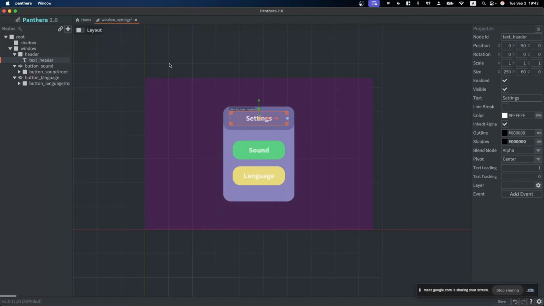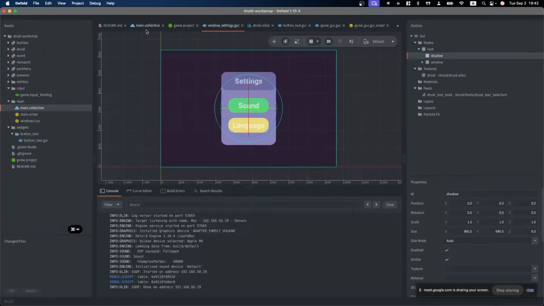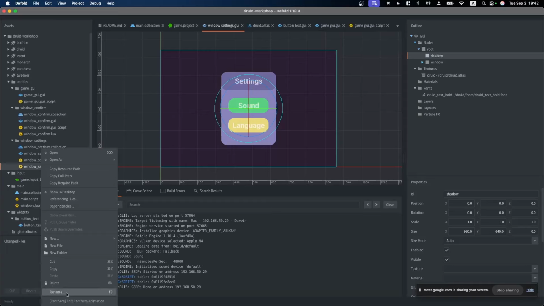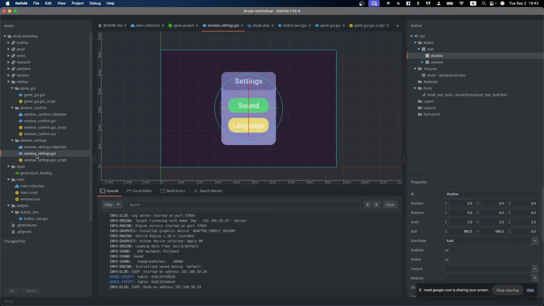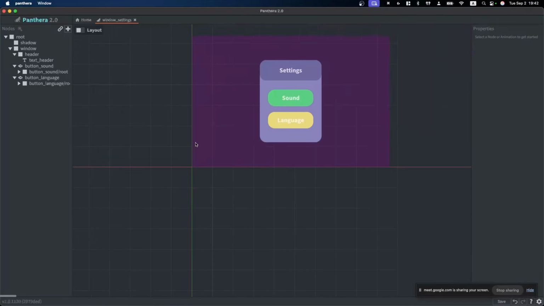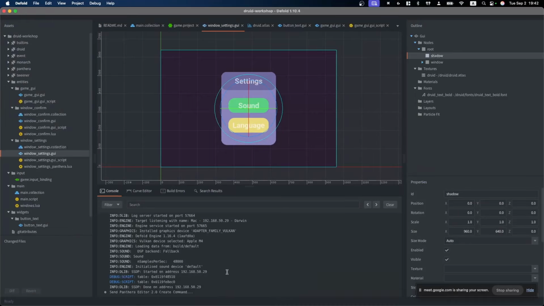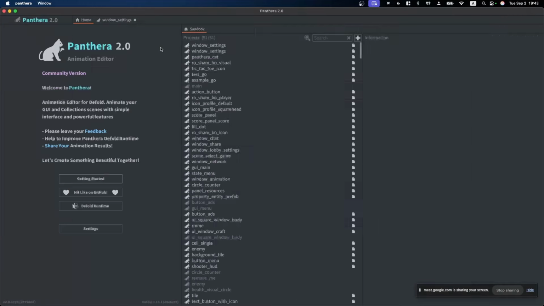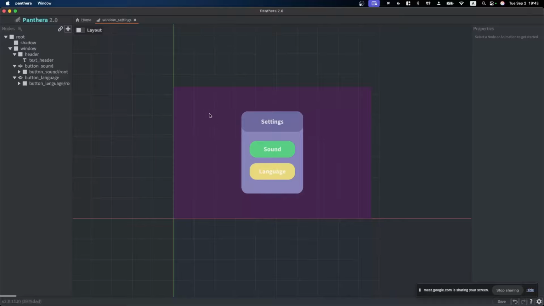And before we start animating, I want to show the second approach. It's entities, window Pantera, we can delete it. The second approach is just to press on the GUI file which we want to animate. It also works on the collection files. Right click, create Pantera animations, boom, we're here. The Pantera editor should be opened because they're communicating. So we can instantly right click on the file, open file, or open file from Pantera itself, into Pantera animations. I'm not sure if it's the same. It should be the same. Yep. The navigation was similar.